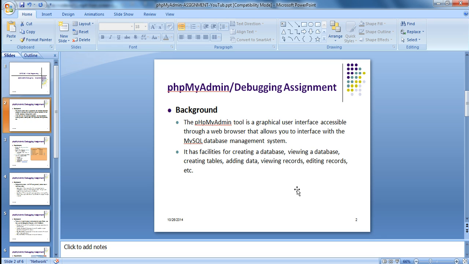We're going to create a database, we're going to create a table in it, we're going to add a few records of data, update a record or two of data, delete the data, then drop the table, and then drop